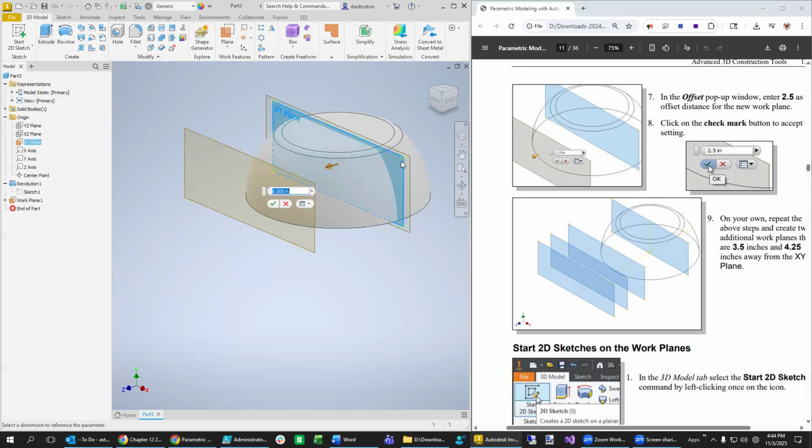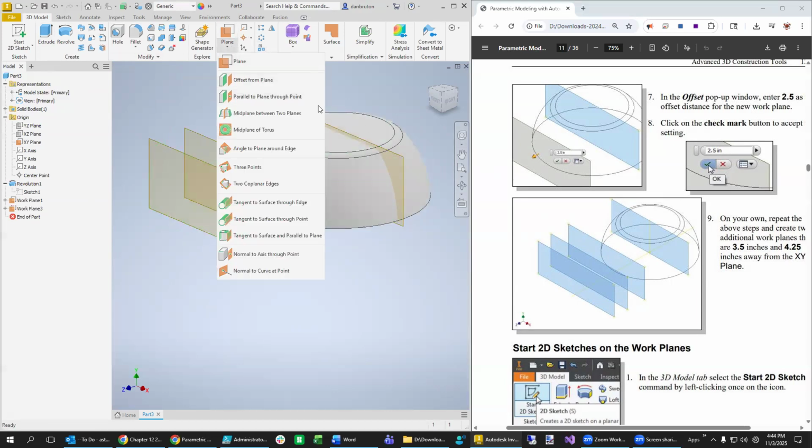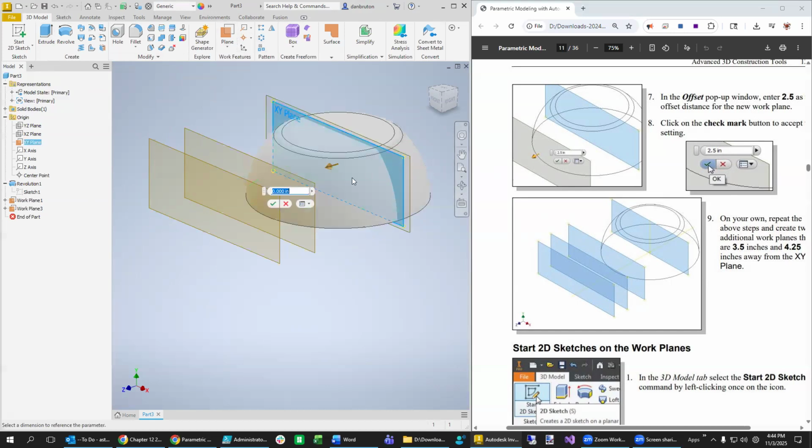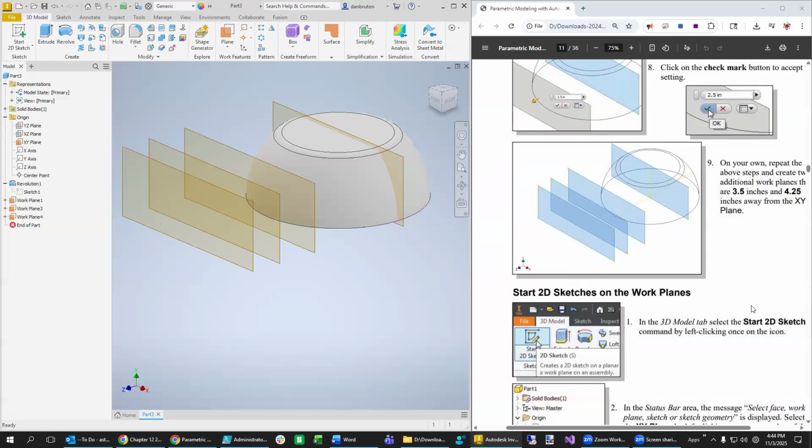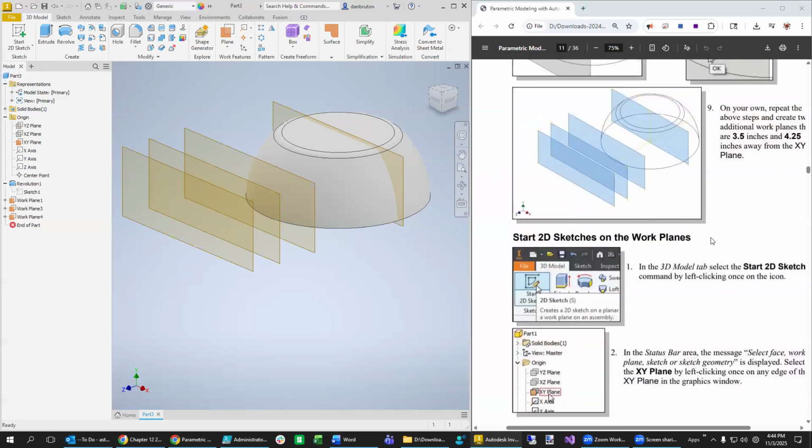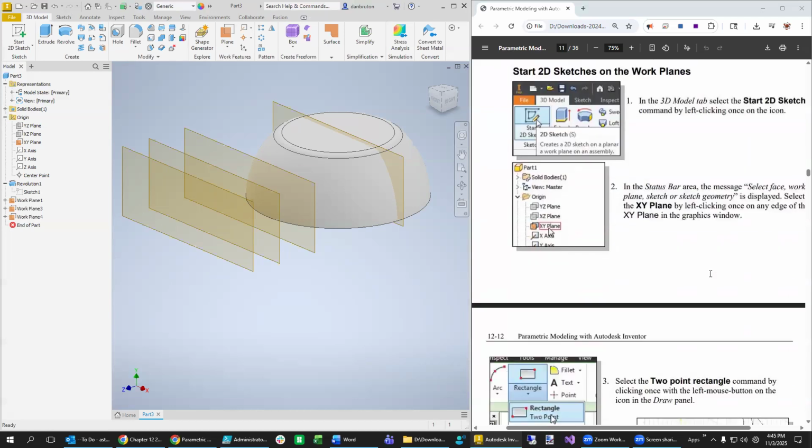And it needs to be from this one. And we're going to go out there 3.5. Then click OK. Do another one. Offset 4.25. Okay. And then as we have those three, as you see here, we're going to start a 2D sketch on